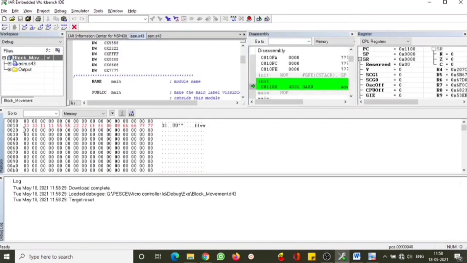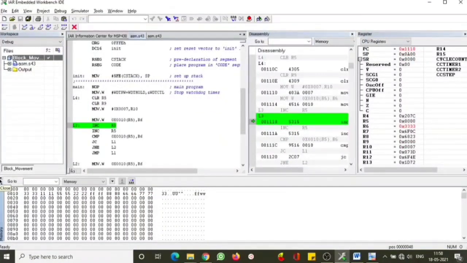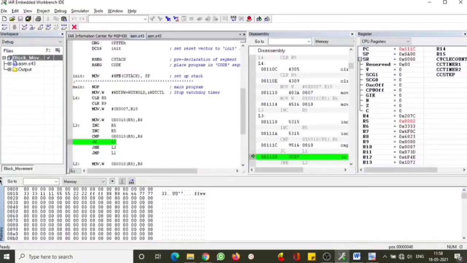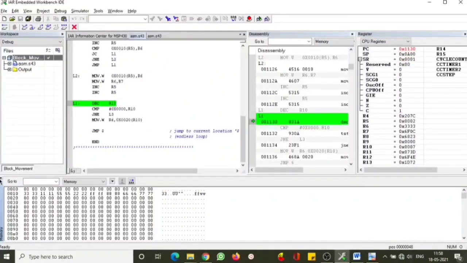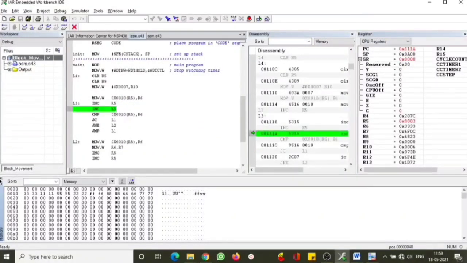If you observe, again the data are there, all 3311, stored in random order. We'll try to execute the program now. If you see, R5 is cleared, R9 is cleared, and R10 has been assigned 7 as the count. Now R6 has got the new value, that is 3333. It will be compared with 1111, and we observe that 3333 is greater than the previous value, so it will come down and check with R10, so it will go down to L3 now, jump if not equal to L3, and repeatedly it will check.